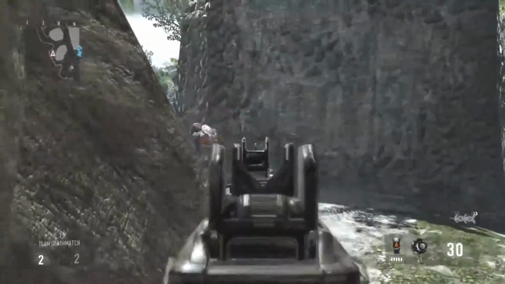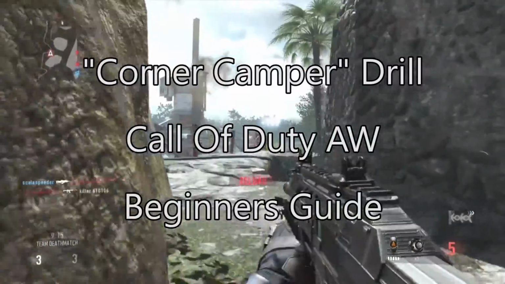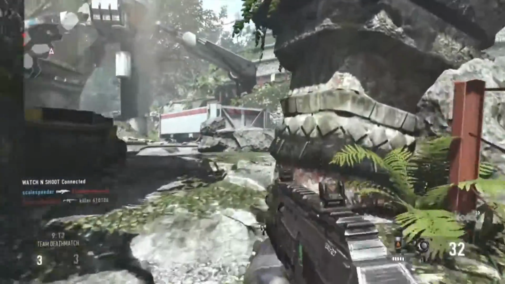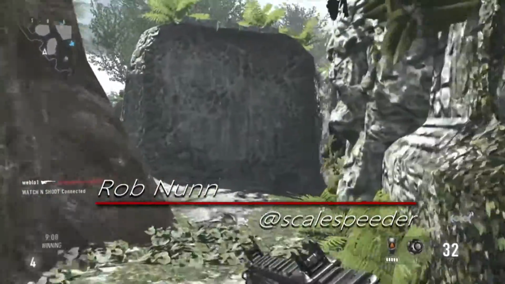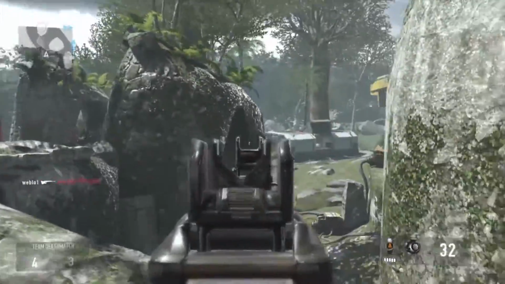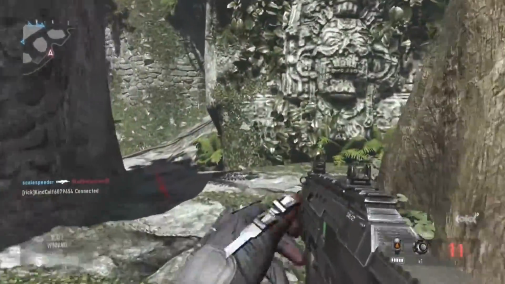Hi everybody, got an interesting little drill for you today, which I'll call the corner camper drill. But don't turn off the video yet. I'm not saying that you should be camping in Advanced Warfare, because as we know that doesn't work, because everything moves way too fast. But what this drill is all about is, as beginners,